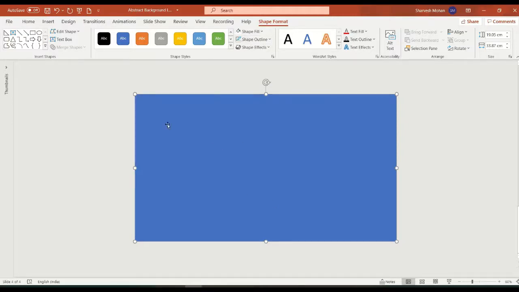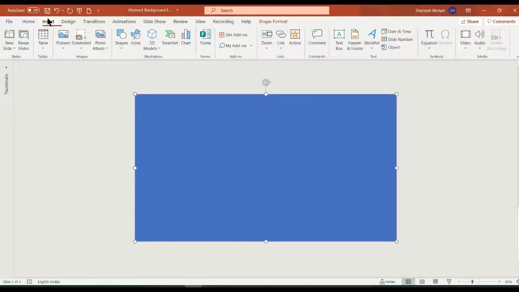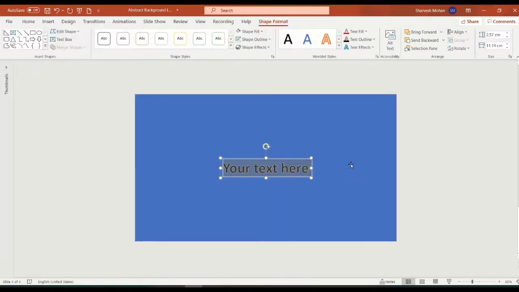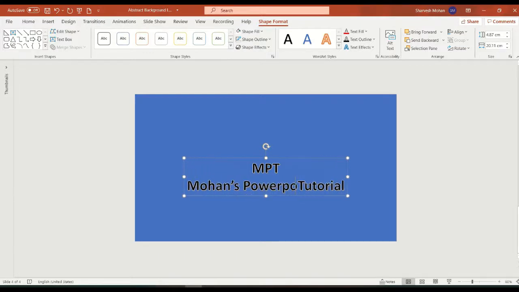Then we go to Insert, go to WordArt, and we select any of this WordArt and type MPT, or any logo, whatever you want to create for today's tutorial. Let's increase the size.